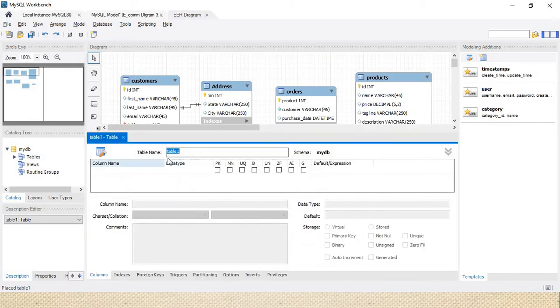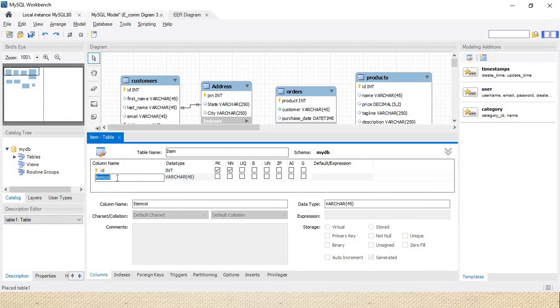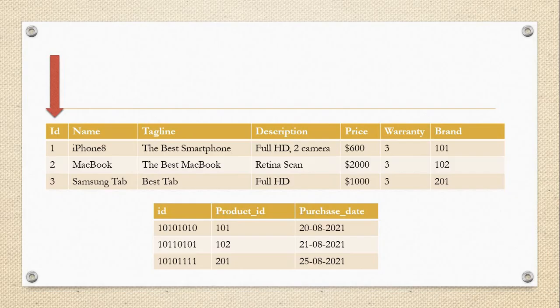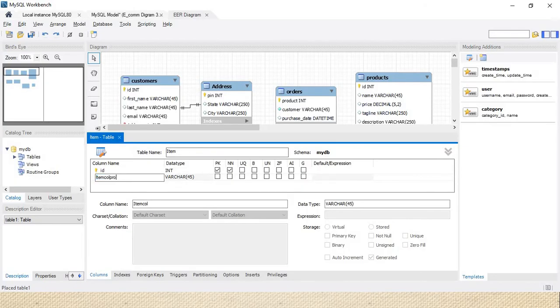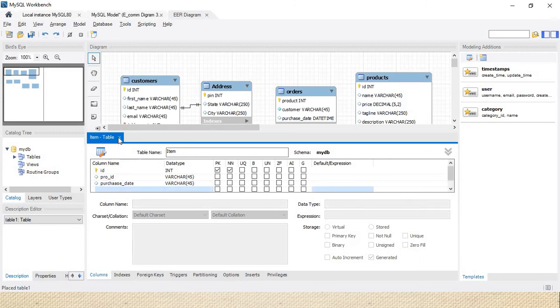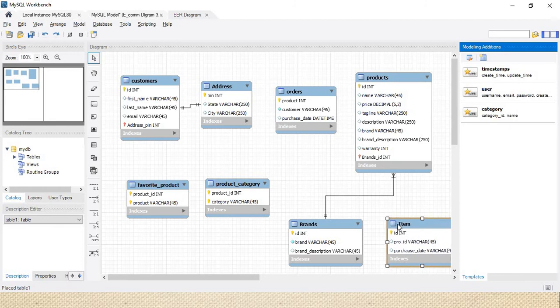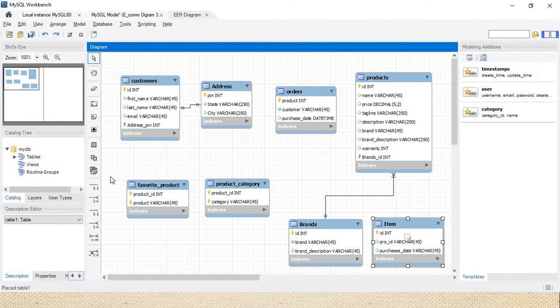In that section I will perform one to many relationships.